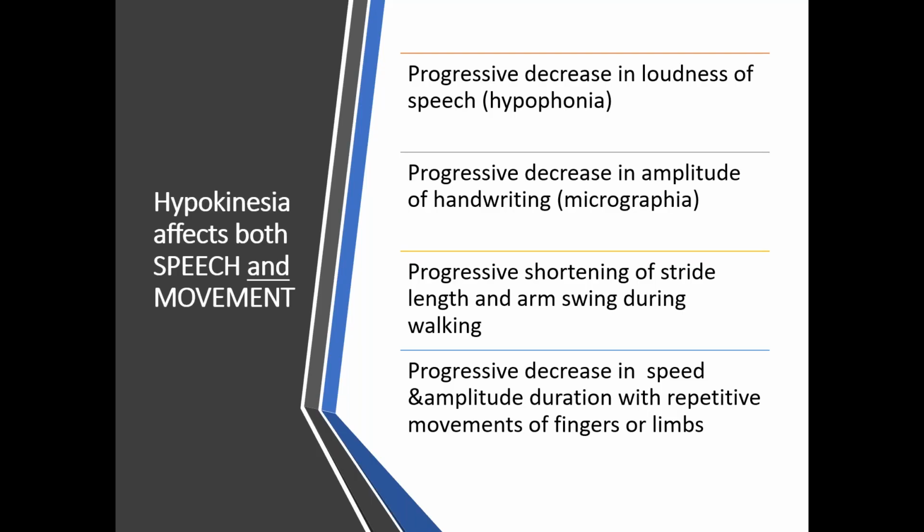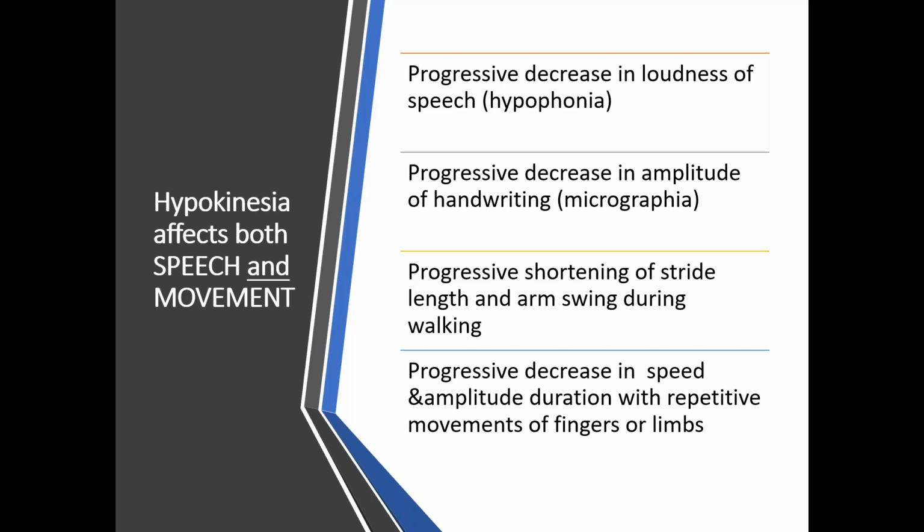So that hypokinesia, smallness of movement, affects both speech and movement. So we see that progressive decrease in loudness of speech, or what we call hypophonia, so that reduction in volume. A progressive decrease in amplitude of handwriting, which is called micrographia. A progressive shortening of stride length and arm swing during walking. So you may have seen that in Bernie in his pre-video that you saw. And then a progressive decrease in speed and amplitude duration with repetitive movements of the fingers or limbs. So this is all the ways that hypokinesia can affect the whole body of a person through both speech and